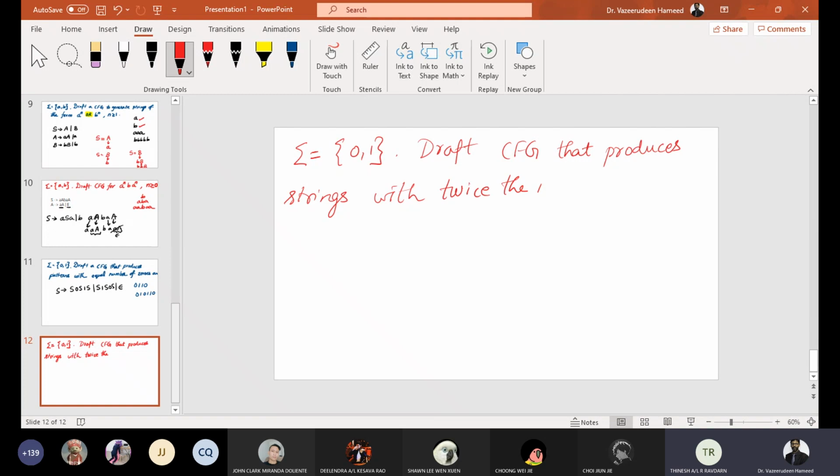twice the number of ones as zeros. When they say twice the number of ones as zeros, it means, for example, for every zero there must be two ones in the string. So for example, let's say I have a string with two zeros. The number of ones should be four. So it could be like